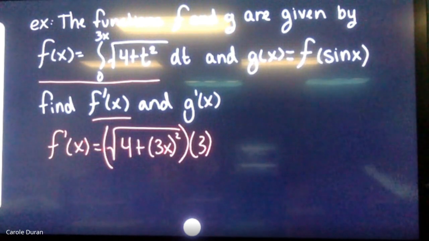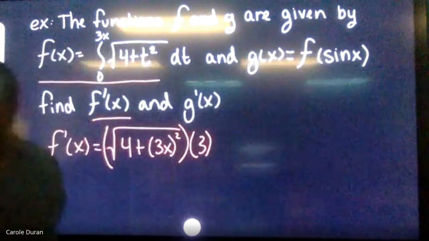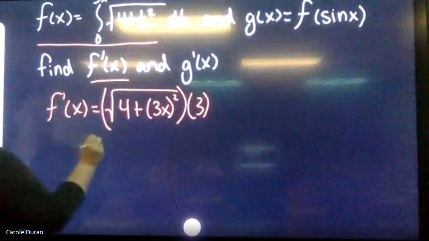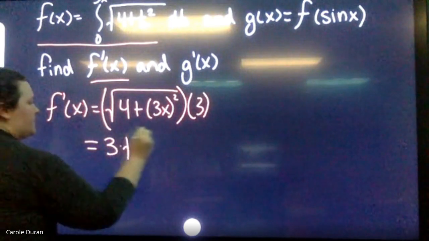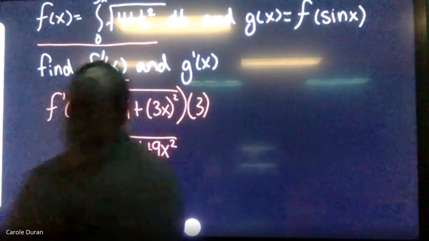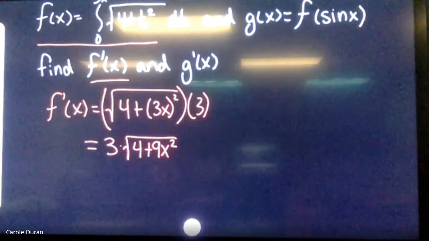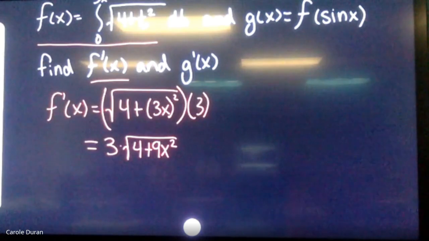Of course, I do want to simplify that so it looks a little bit nicer before I move on to the next portion. So I can write this as 3 times the square root of 4 plus 9x squared. Not much nicer, but it's a little bit nicer. I didn't know why this was still squared. I understood the times, but I thought it